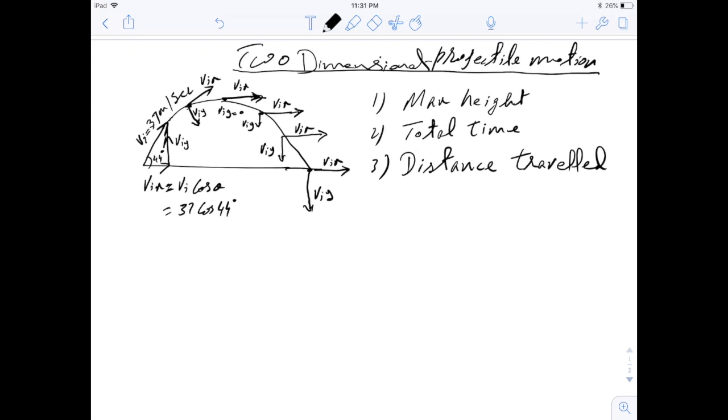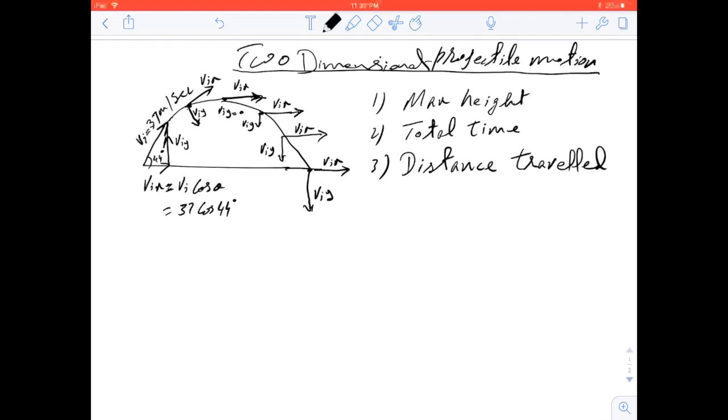Our topic is to find the maximum height, total time, and the distance traveled in two-dimensional projectile motion. If we take a closer look, an object is launched with an initial velocity of 37 meters per second with an angle of 44 degrees, and we are resolving this initial velocity into its components, so we can